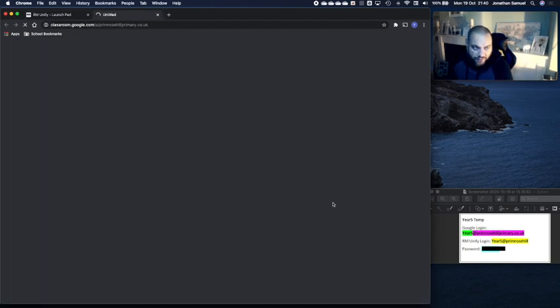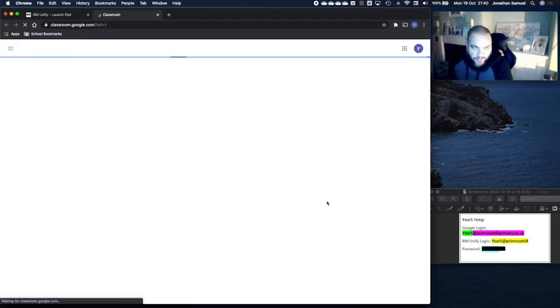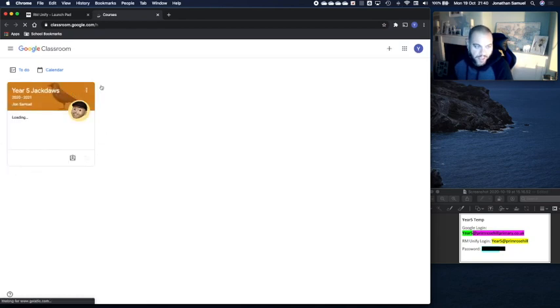And to access the live lessons, you'll go into Google Classroom. And if it's the first time into Google Classroom, then up here, when it signs in, it'll say Year 5 Jack doors, but yours might have an accept. It might say accept or something. Basically what you want to do is click on the one that wants you to join this class, and this is how you're going to be able to access all of the live lessons and all of the work that's going to be set. So once you've clicked on accept, and then you click on Jack doors,